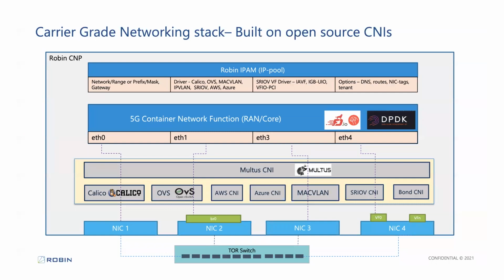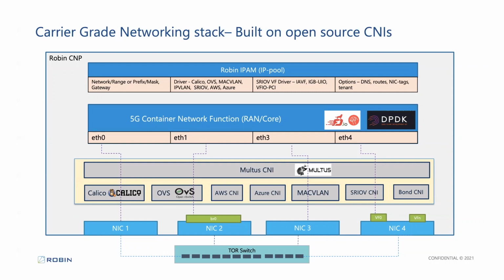So we talked about carrier grade networking. How do we achieve a carrier grade networking stack using open source CNIs? So here is a high level, logical picture of how Robin CNP uses different components in open source Kubernetes. On an abstraction layer, Robin has Robin IPAM, IP Address Manager, which is our IP pool. The users and the administrators can create different IP pools on different tenants, and that can map to different tenants once you create it. So one IP pool can have an IP address, subnet range, and mask and gateway related